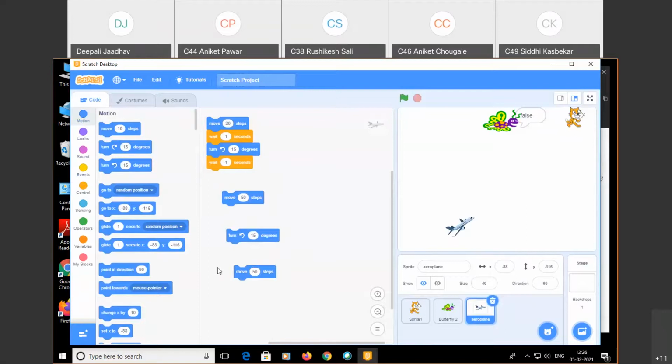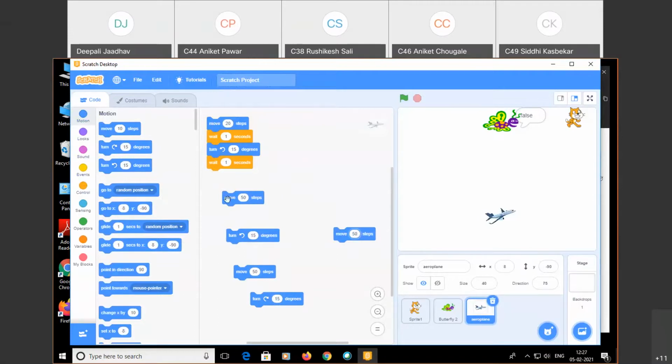After that I want to make it horizontal, so I need to turn it by 15. Okay, it becomes horizontal. Now move it by some steps, suppose 100. Okay, it moves, or I use here 50, and then I wait for some seconds.